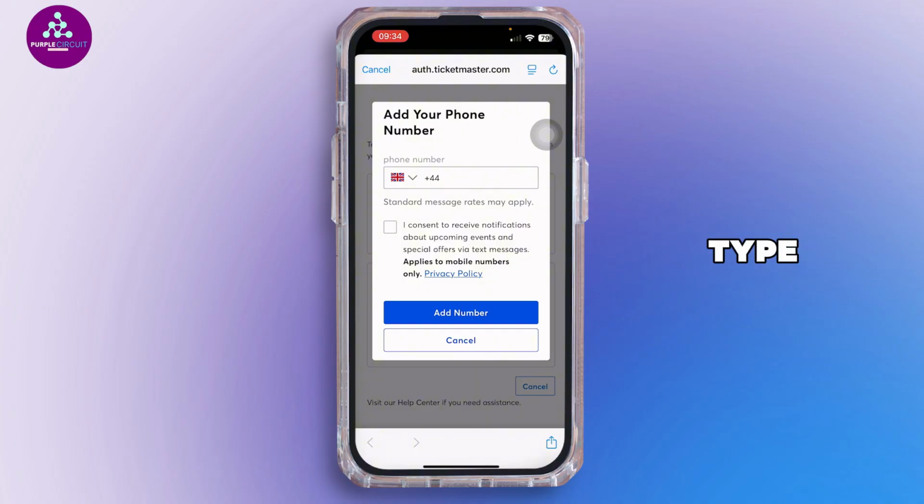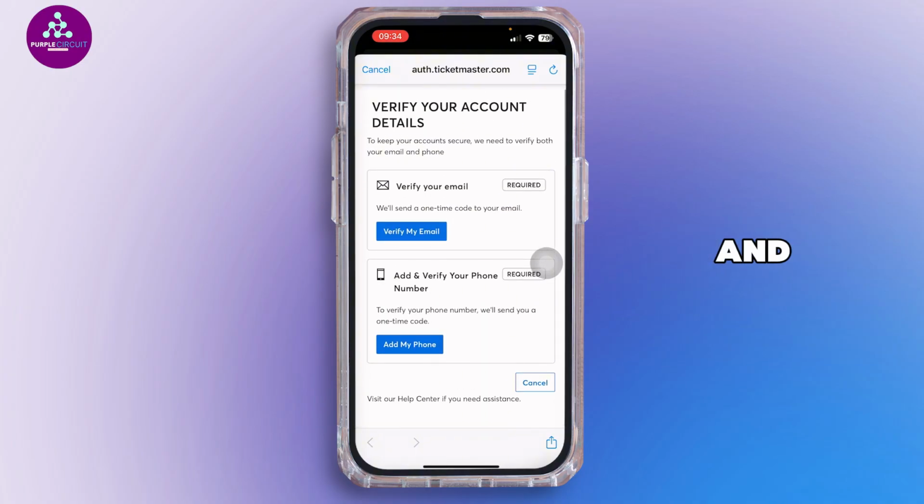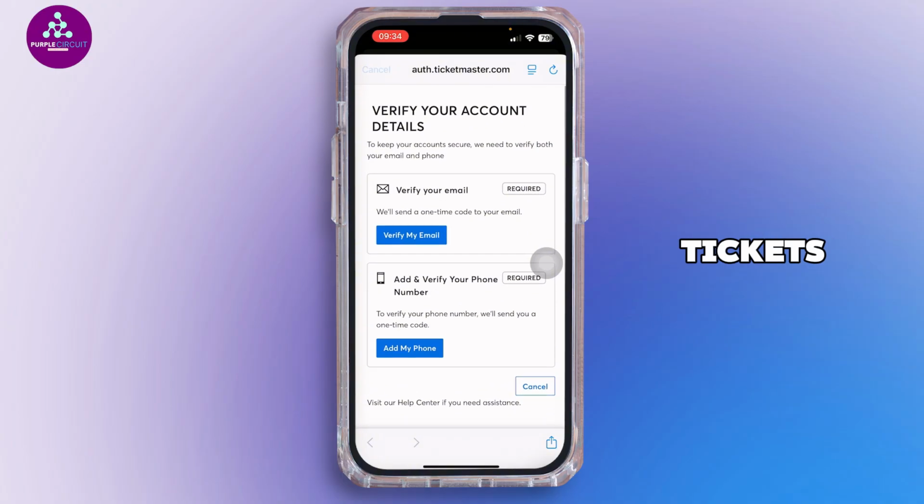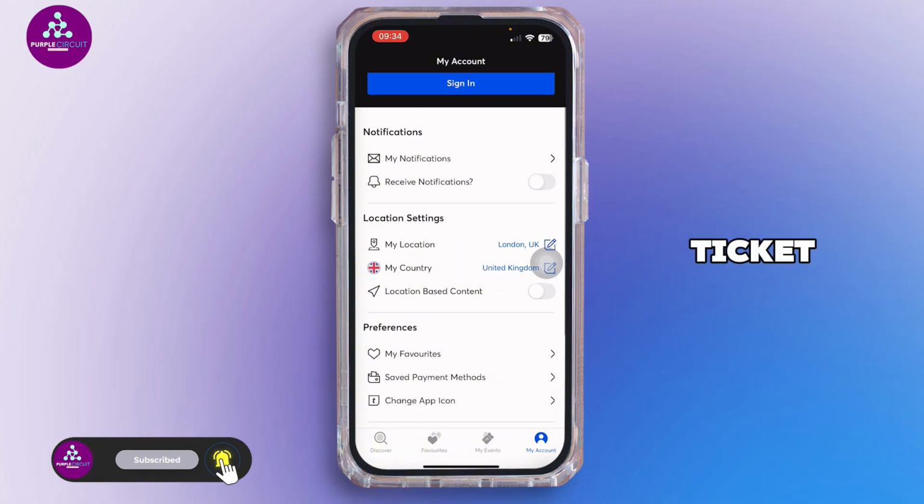Once you tap on it, a verification code will be sent to your phone number as well. Type in the verification code on the next page, and just like so, with both your email and phone number verified, you can now purchase tickets, including those requiring Verified Fan registration, manage your transfers and tickets securely, and receive important notifications and updates about your events. By following these steps, you'll have a fully verified Ticketmaster account ready to access tickets for your favorite